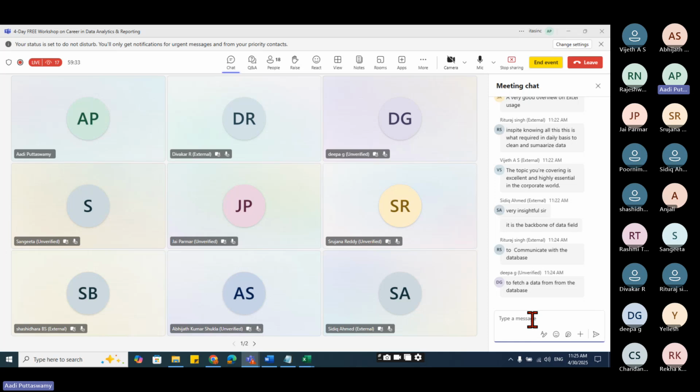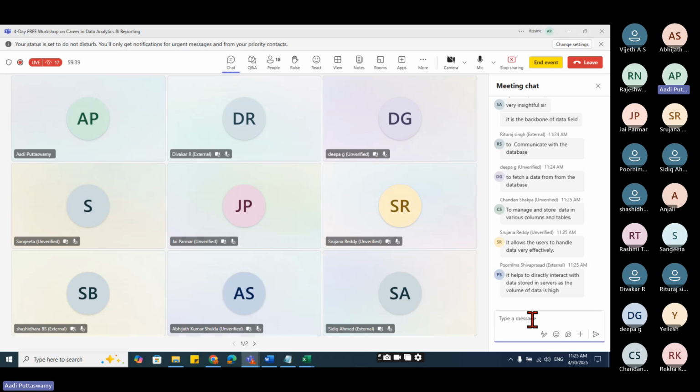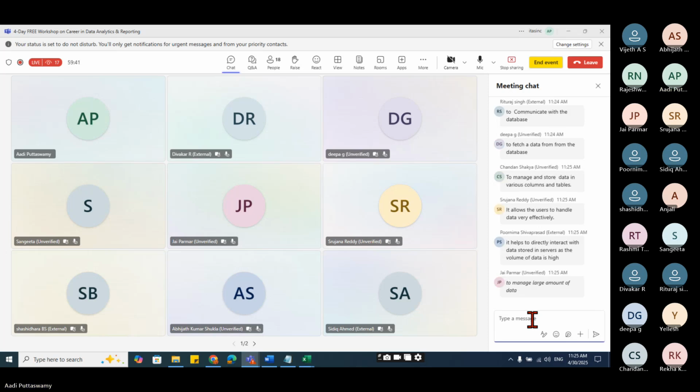Managing data, right? Solving problems. Sorting, okay, fine. That's also correct. Storing huge data.